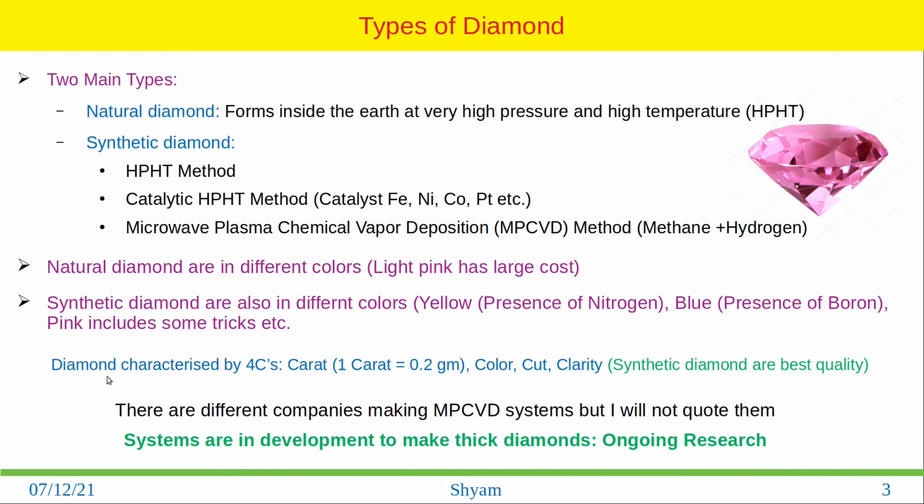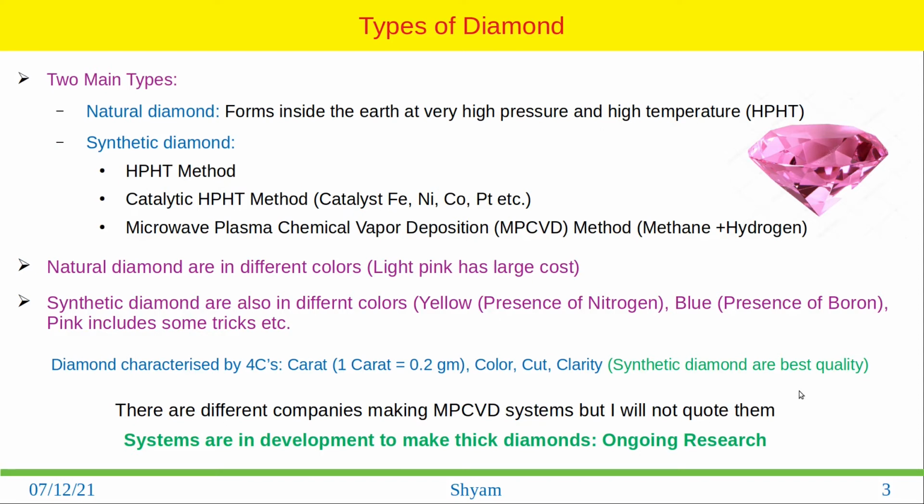When we purchase a diamond, or when we have a gem quality diamond, it is basically characterized by the 4 C's. Carat, which specifies its weight: 1 carat is 0.2 gram. Then the color, like yellow, pink, blue, etc. And then the cut and clarity, which basically increase its attractiveness, like its shining properties. Basically we cut it so that we have a large total internal reflection, so that light stays inside the diamond for longer times. That's what allows the diamond to shine.